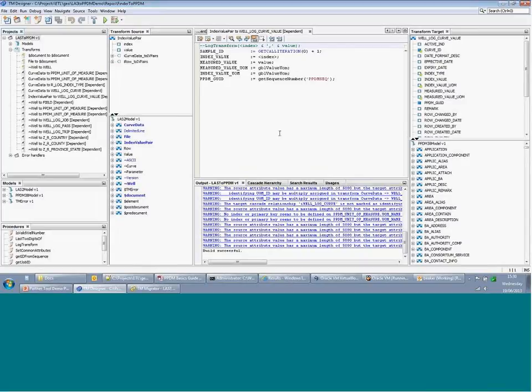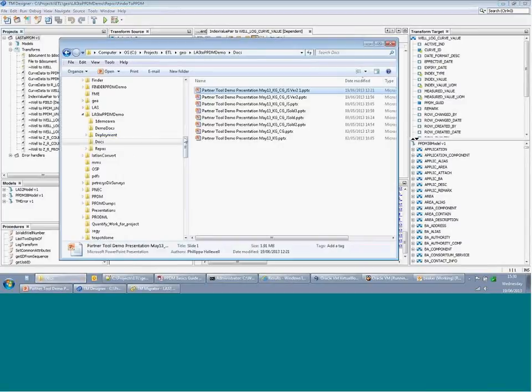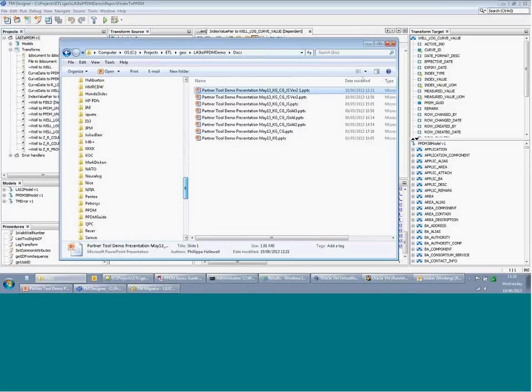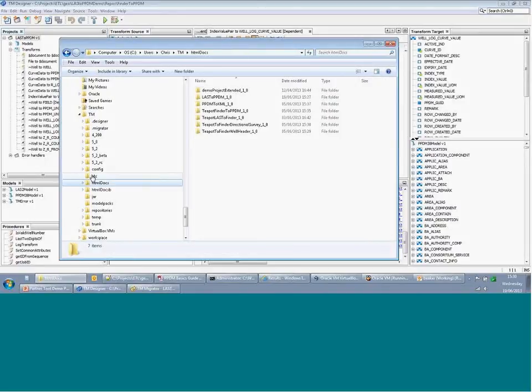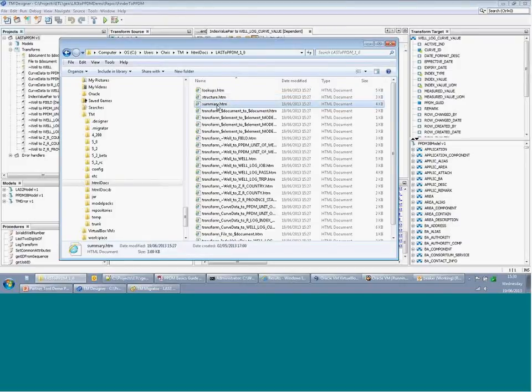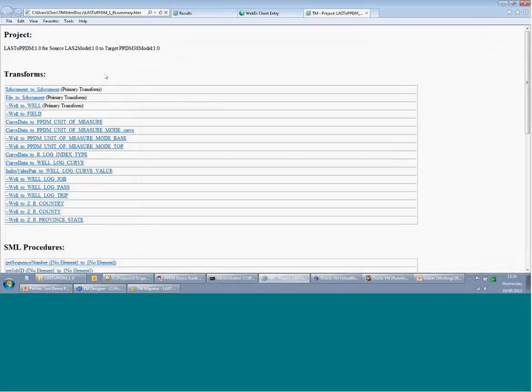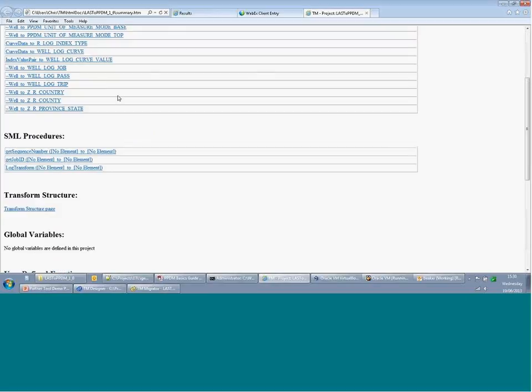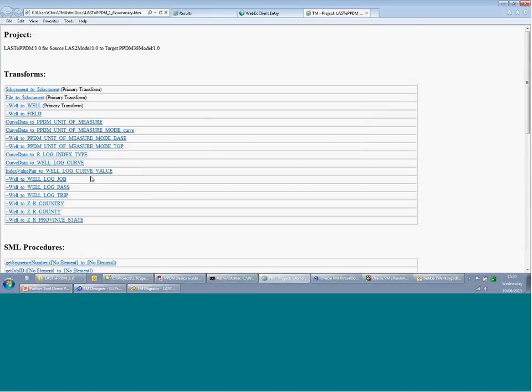And finally, what I was going to touch on, if we come back to the migrator, was when we're building these things, we also get the automatic documentation generated with it. And what this allows us to do is actually look at the structure within a HTML representation. So if I scroll down here, and we have a look in HTML docs,